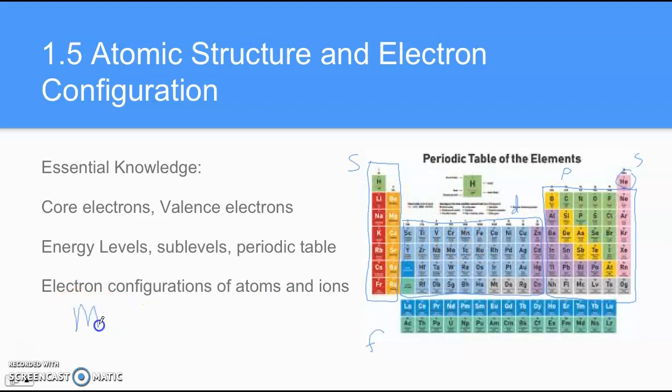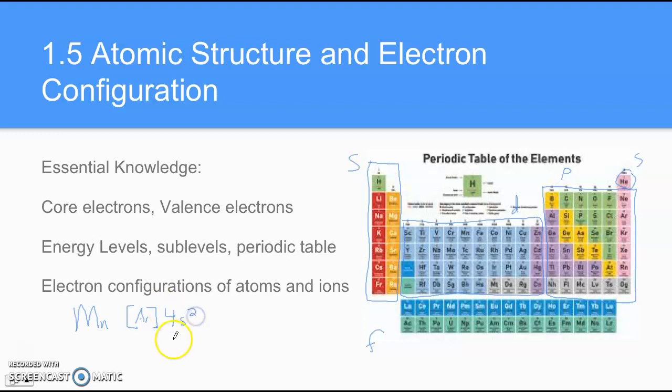manganese, Mn. You want to know the shortcut method, or noble gas notation. It starts with the nearest noble gas behind the element. In the case of manganese, it's going to be argon. And we just put argon in brackets. That represents all these sublevels and energy levels filled up to argon. Noble gases are a good starting point because they have full energy levels. All right, so then we continue on the next row. This is in the fourth period, so it's going to be